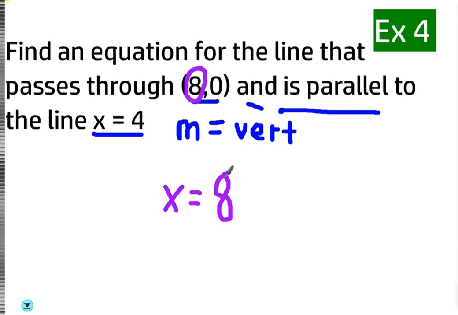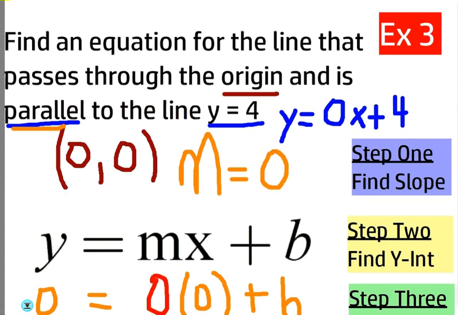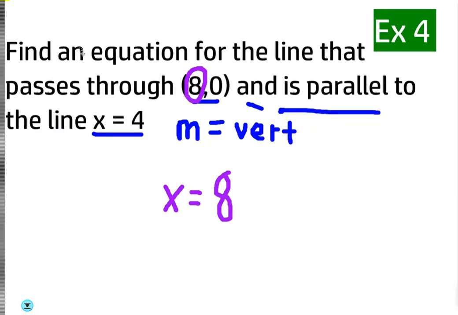So whenever it says x equals, you just look at it. Actually, with the last example, now that I think about it, the y value of our point is what ended up being y equals 0. So if it's parallel to a line y equals, just look at the y value of the point. If it's parallel to a line x equals, just look at the x value of the point. Wow, thank you. So for number 6, if x equals 0, so that all would be